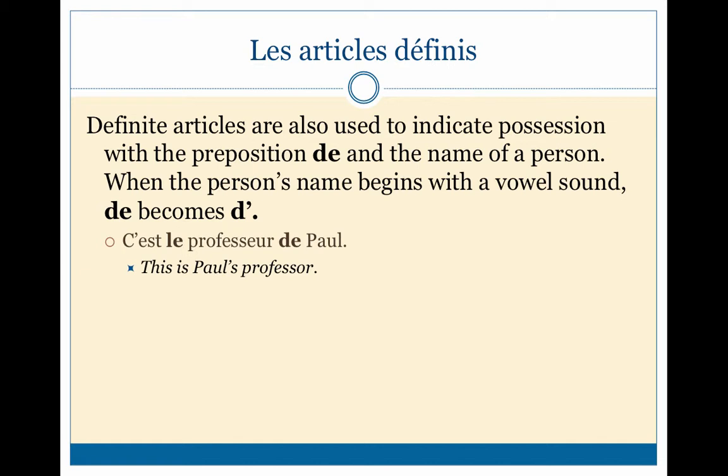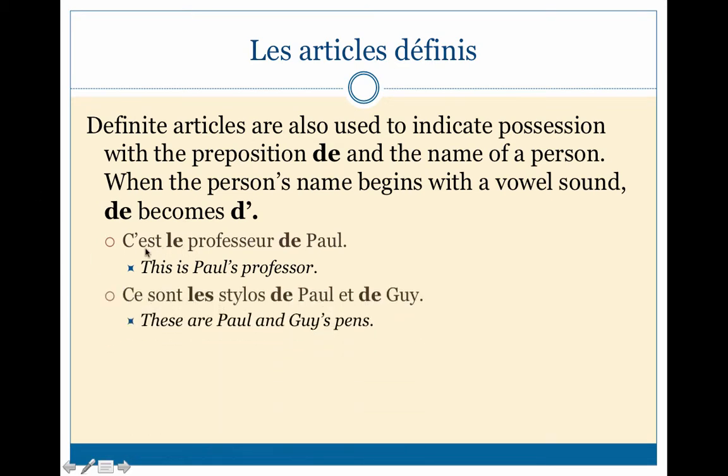Because one thing that is very, very important to note is, yes, we're making these contractions, but that's for linguistic and pronunciation reasons. Whereas here, this contraction that we make in English, or this apostrophe S to indicate possession in English, is absolutely not allowed in French. It's not a part of the language. So for our purposes right now, before we learn those words, my, your, his, her, their, ours, we can say, c'est le professeur de Paul. So you can see it's kind of like a formula, okay?